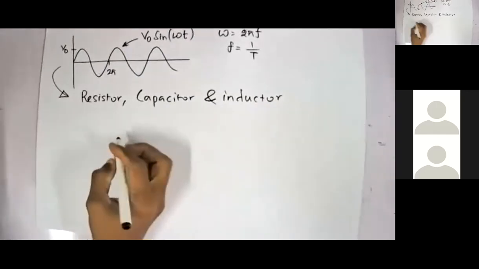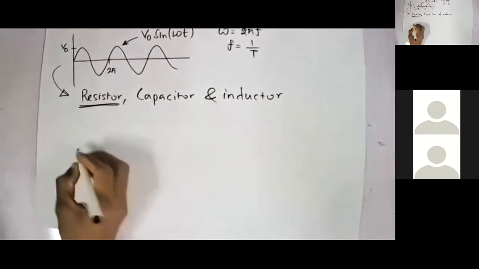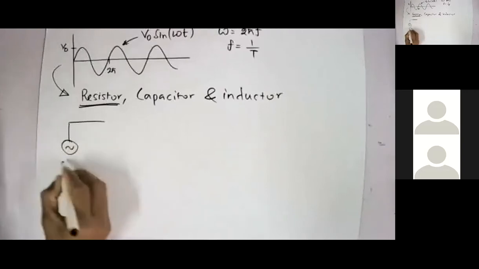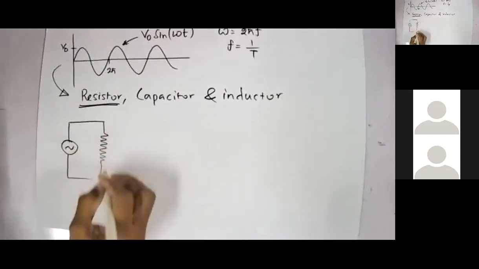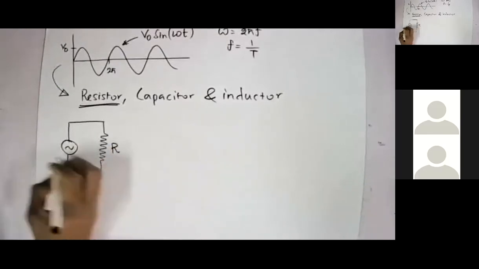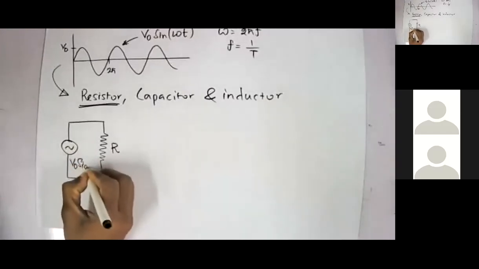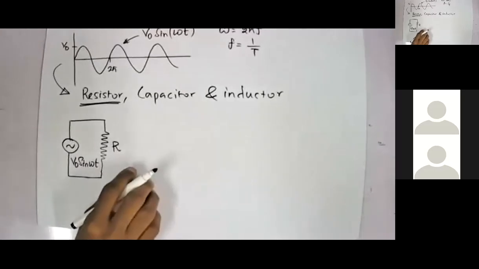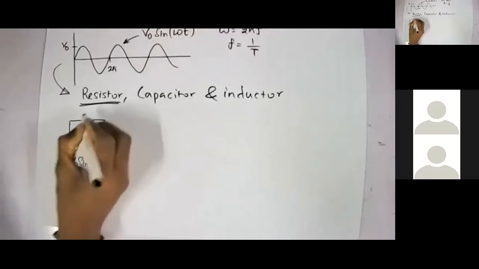First consider a resistor. I'll draw the circuit something like this. Let the source be V naught sine omega t, and your question is